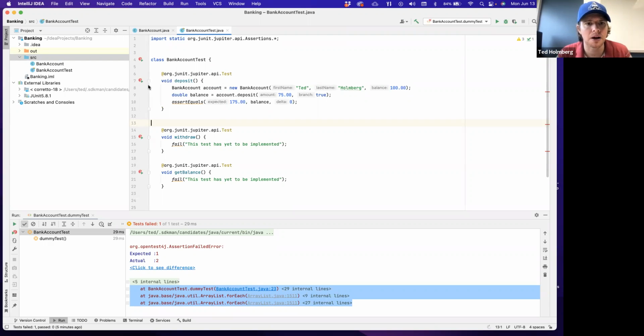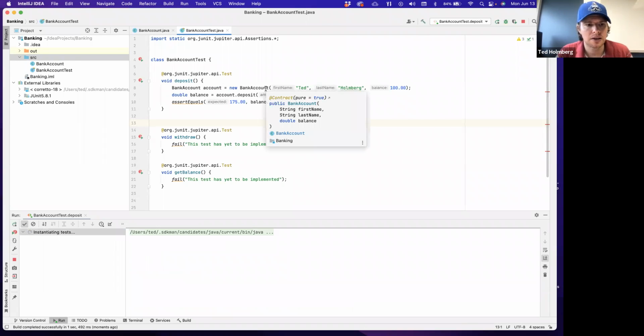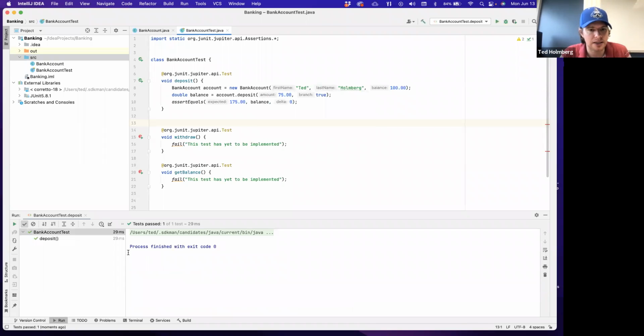So let's run deposit. And it's going to run, and look at this. That's awesome. So here we're actually testing deposit. This is no longer a stubbed implementation, and it is working the way we expect it to, at least in this small instance. Now, if we were building a real JUnit test class here, this is just a demo that I'm doing for our class, but a real JUnit tester would have